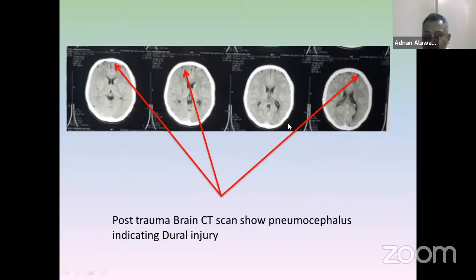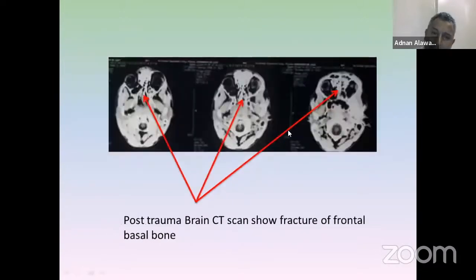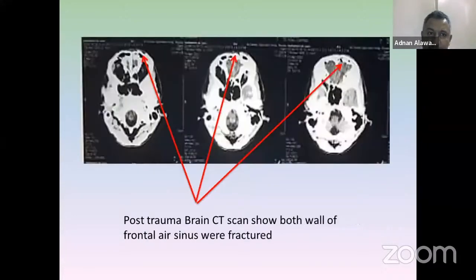This is the CT scan directly post-trauma. Patient already treated only by skin closure. We are reviewing the CT scan in the first day of trauma. There is a big indication for direct repair of the frontal air sinus. The fracture line is involving both anterior and posterior wall of the frontal air sinus. There is CSF leak. There is a pneumocephalus. All these parameters are indications for direct operation and not for just a simple skin closure. For that reason, the patient, after 1 month,